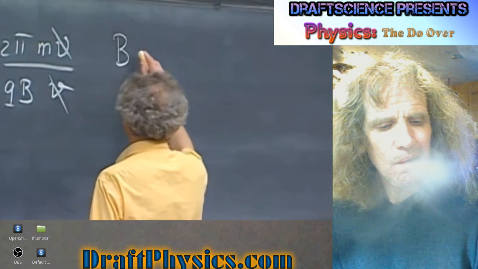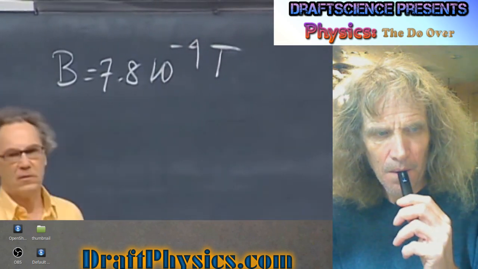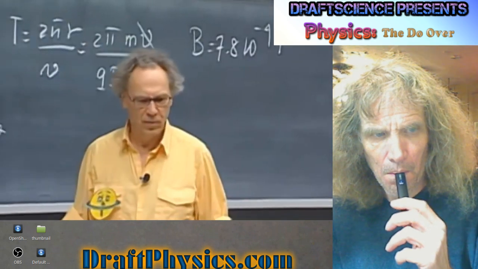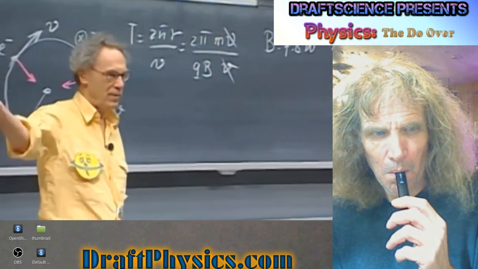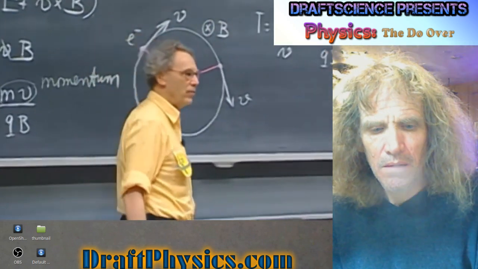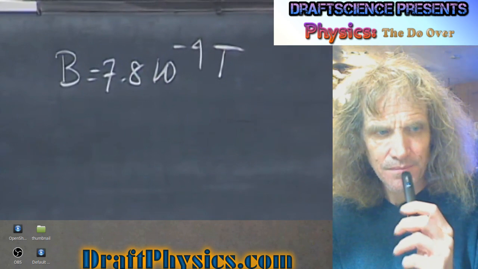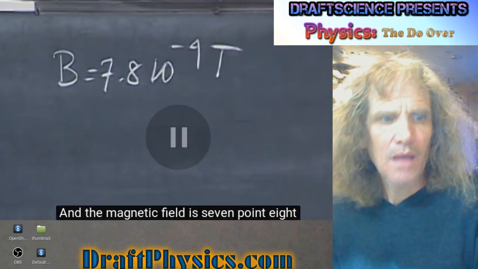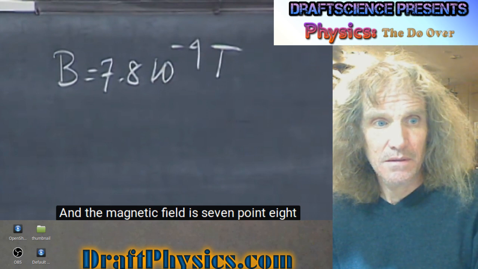Suppose I have a magnetic field B, which is 7.8 times 10 to the minus 4 Tesla. Now I know what you're thinking. You're thinking, why the hell do you take this crazy value? There's a reason for that, because I have a demonstration here, and the magnetic field is 7.8 times 10 to the minus 4 Tesla. So it must be an electron experiment, I would guess.